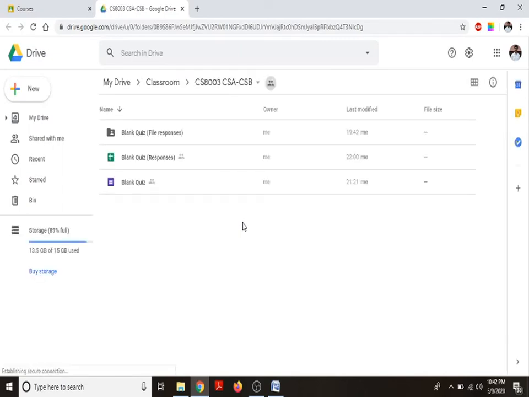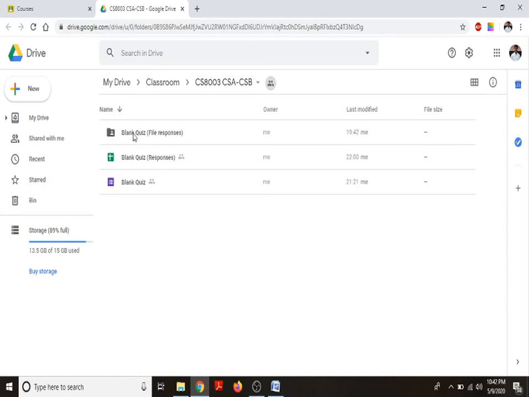There are 2 basic responses: first, the MCQ type questions and the short answer type questions, and the third one is file responses. So there will be 3 options. Basically this is the Google Sheet for the responses.